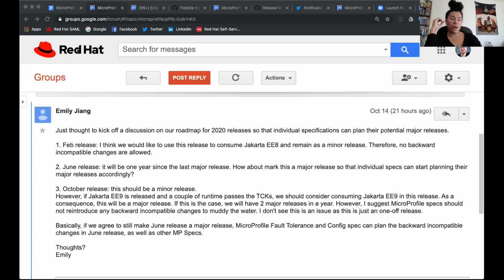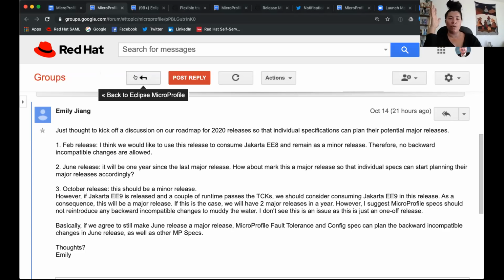Yeah, but you know, I think we're jumping the gun here because Jakarta 9 is only right now being talked about, on what is going to happen. I saw Ivar sent a message this morning saying how that will occur and things like that, and I really like his suggestion about scalability of that release.